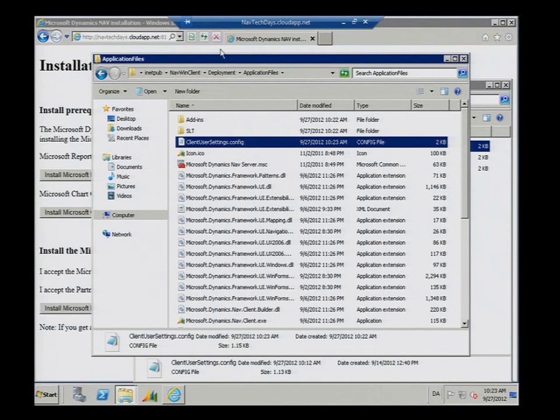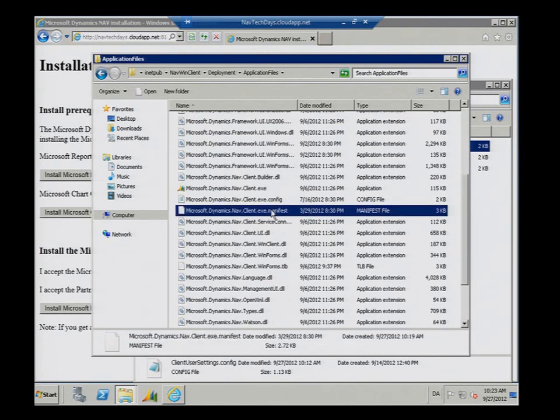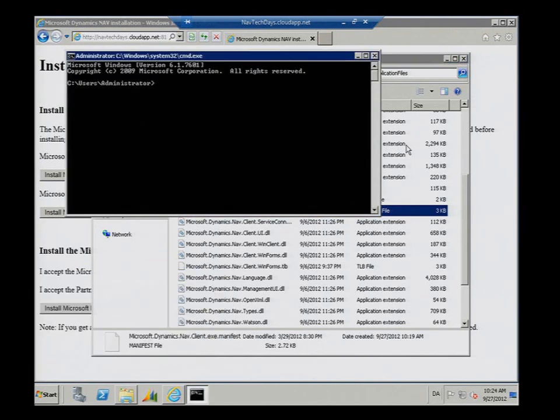So remember the two files that were there originally. The icon file, that will be shown in the whole process that you will see soon. And then there was this manifest file. This manifest file is sort of metadata about this application. It has to contain the full list of files and some more things. And I'll modify that now. Let me just close this window. So let me start a command prompt.